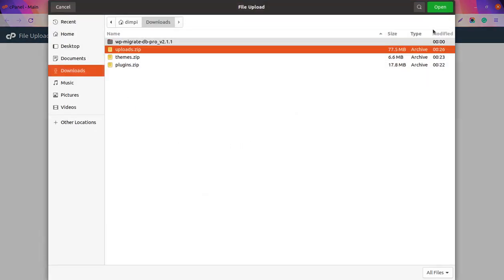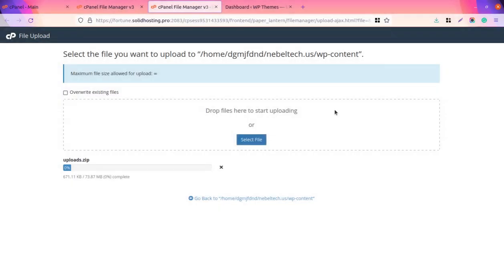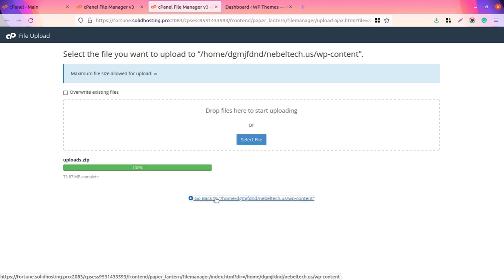So this is a bigger one. It is going to take a bit of time because it contains all the media files as well. Okay, it also depends on your internet speed.